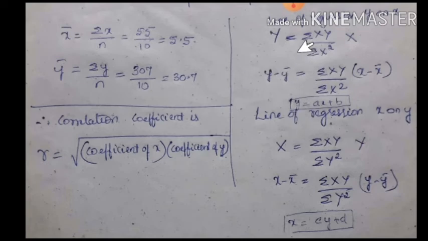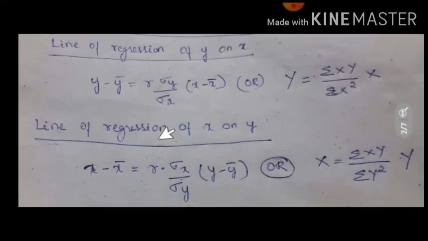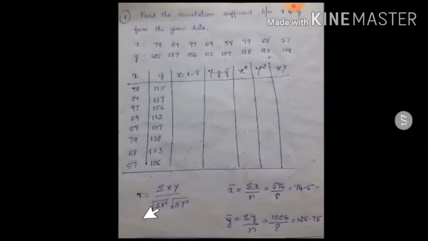Here two types of problems they may ask. They may ask you to find the line of regression first, then the correlation coefficient, so do it in this way. If they ask you to find the correlation coefficient first, you can't use this formula. Which formula should be used? What we discussed in the previous problem, that formula should be used. So it is very important to read properly the given question, what they ask you to find first. If the correlation coefficient is asked first, use this formula itself.